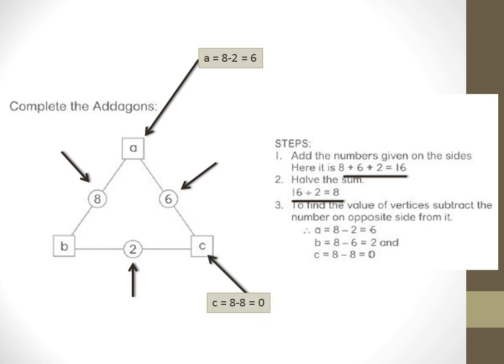In the same way, C will be 8 minus 8 because the opposite side has 8 on it. So 8 minus 8 equal to 0. So C will be 0. And B will be 8 minus 6. 8 is the half of the total sum and 6 is the number on the opposite side. So 8 minus 6 equal to 2. Simple, right? Pause the video, go through the steps once again, rewind the video and watch this part once again if you require. Try to understand this